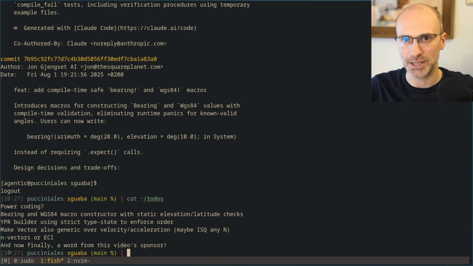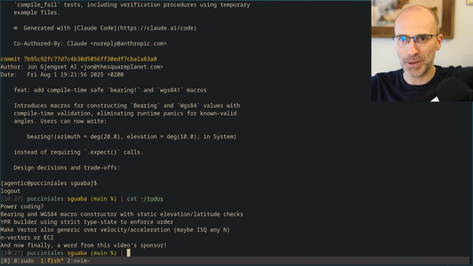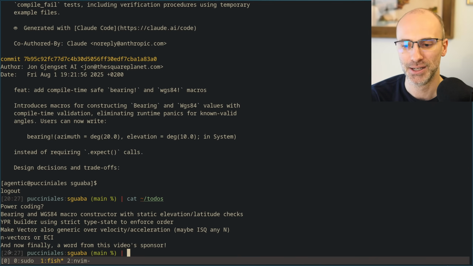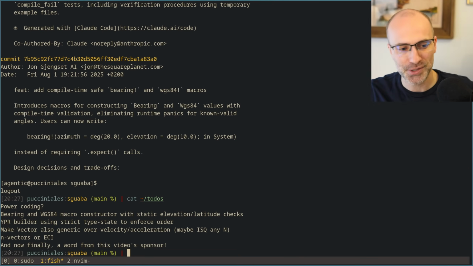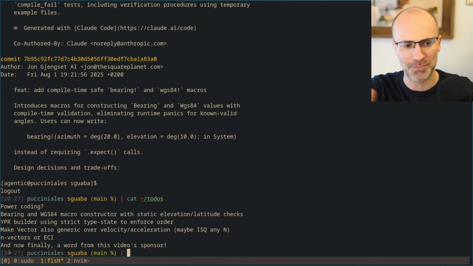So it would be really cool to add support for n vectors in sguaba, but this would require way more understanding, I think, from the LLM. But we didn't get to those, but maybe we'll do another stream when I also know more about how to prompt these things, which I already feel like I do compared to when we started this video.